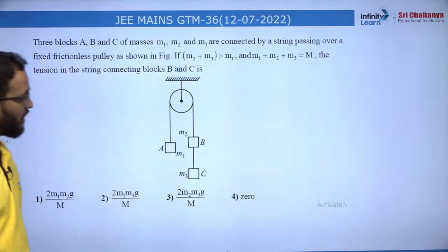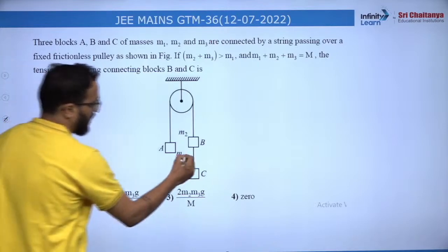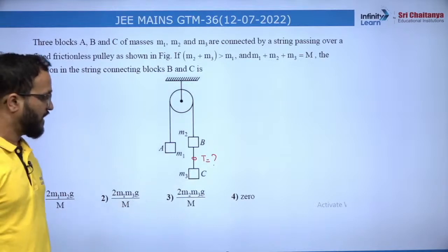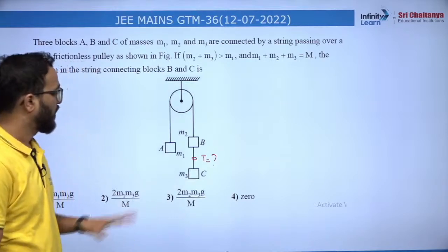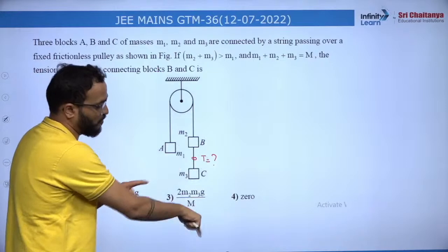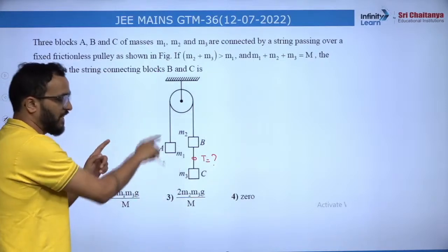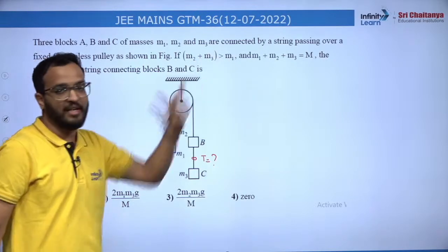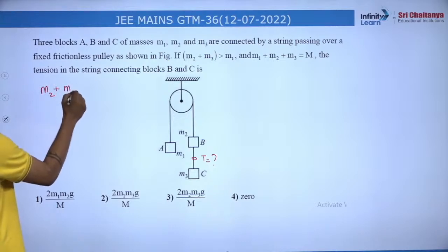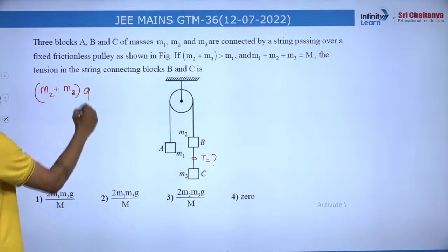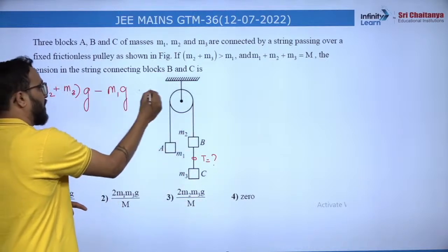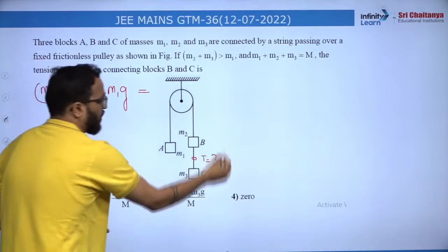Next question. Now this is an important one. They are asking for the tension in this string, right? In these questions, the logic we use is: see, what is the overall external force on this side? You will say, sir, (M2 plus M3)G. What is the external force on the other side? M1G. They have mentioned M2 plus M3 is greater than M1, right? So from here you will say (M2 plus M3) into G, this is the net force downward, minus M1G is equal to